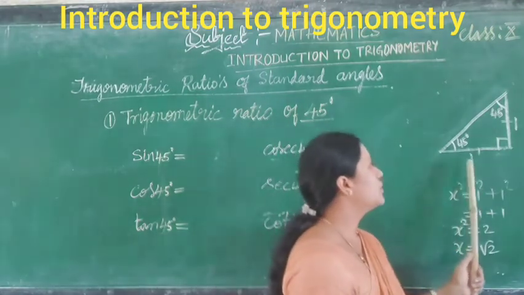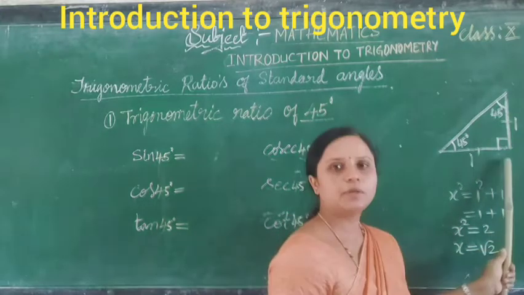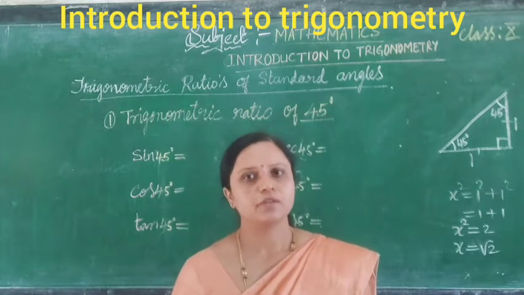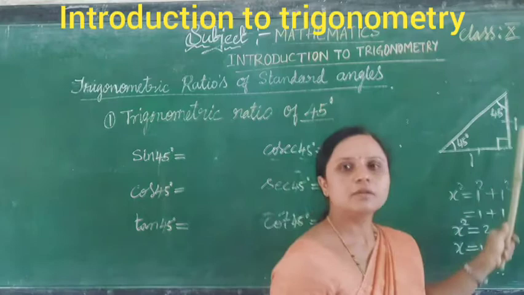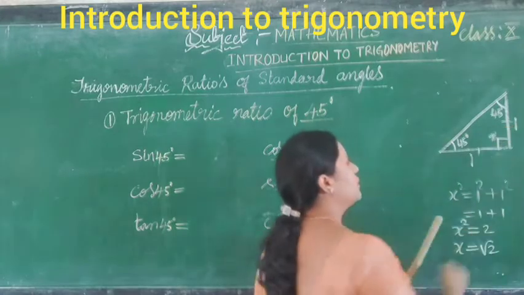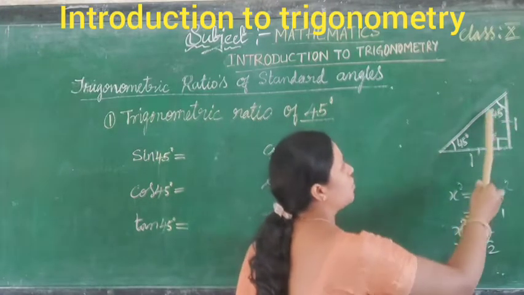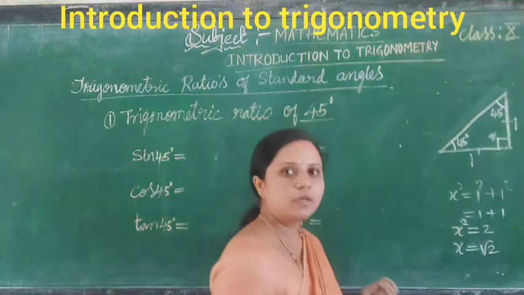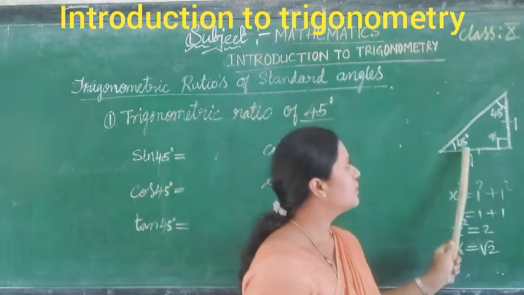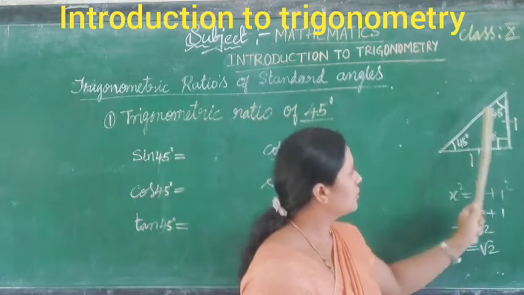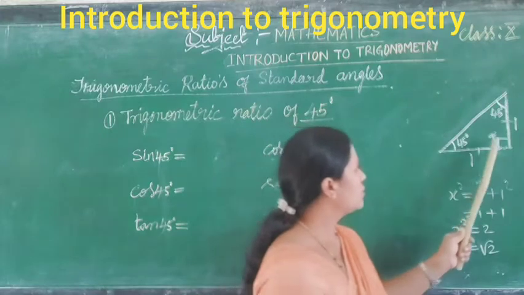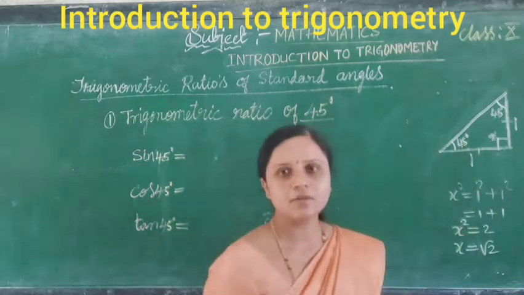So I will consider this length will be 1 unit and this length will be 1 unit. You take any other number, 2, 2, 3, 3, 4, 4, any one you can take, because these two sides are equal. So now this will be 90 degree. Then what happened? When these two sides are equal, the angles opposite of these two sides are also equal. That will be 45 degree and 45 degree. And also one more thing is the sum of all the interior angles of a triangle is 180 degree. And that's why also you will get this is 45 degree. This is also 45 degree.